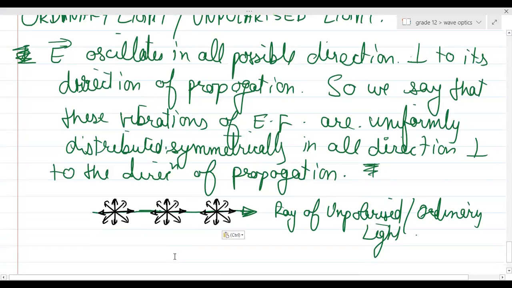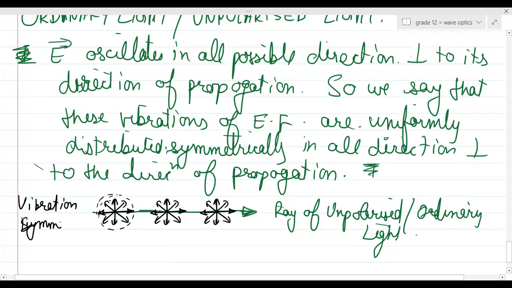I represent it like this. What does this represent? That the vibrations are distributed in 3D, right? Please remember, it is distributed in three dimensions. Just because we draw a 2D diagram, that does not mean